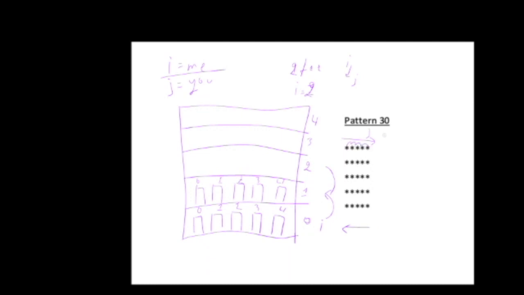So we need System.out.print. Just print means that it will print and still keep printing without going to a new line. After the J finishes its loops, then the I, which is responsible,